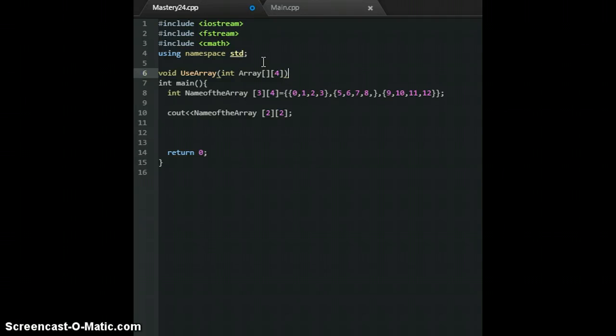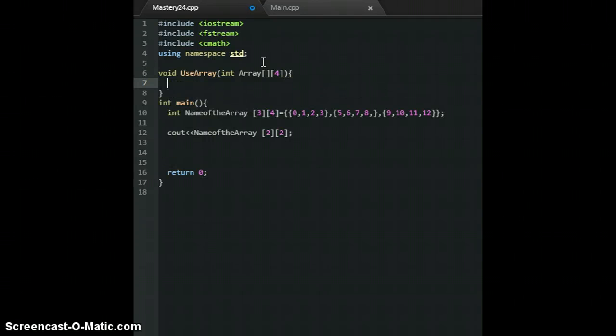And here we go. Open up this function, and we're just gonna print out one number. We have the array, and we're gonna print out what we printed down here, 2 and 2. Alright, there we go. We created our function, but we have to call it inside the main. So we're gonna use array,